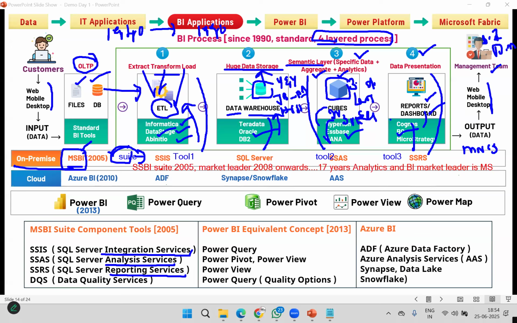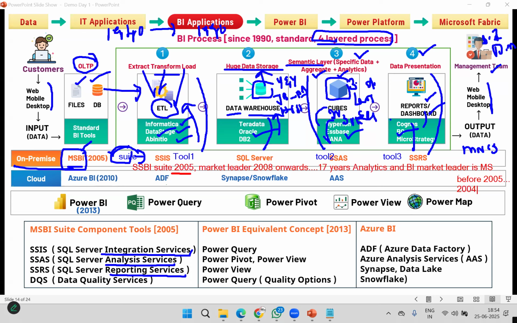Sir, if market leader Microsoft, then why Power BI? There is a problem. Microsoft MSBI 2005 released. So before 2005, whatever the market features available, those features only it was supporting. The engine also designed in such a way.